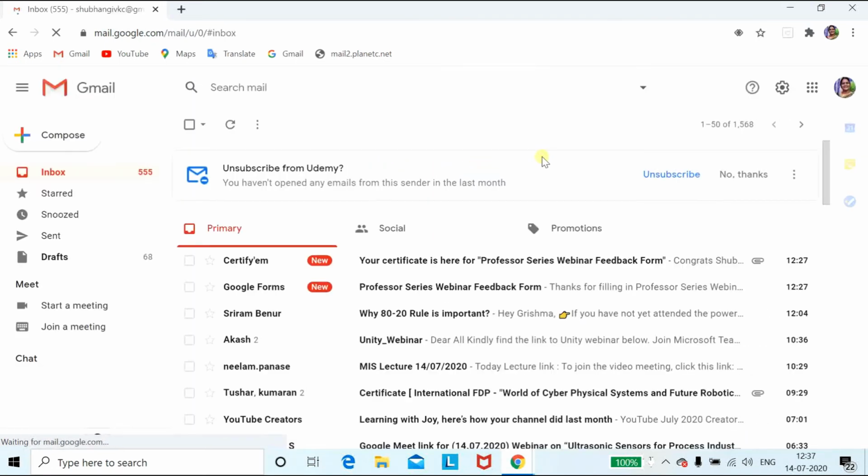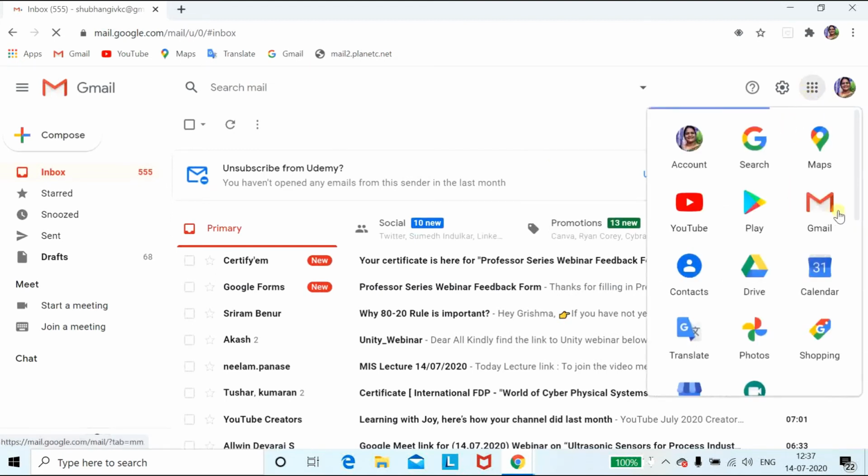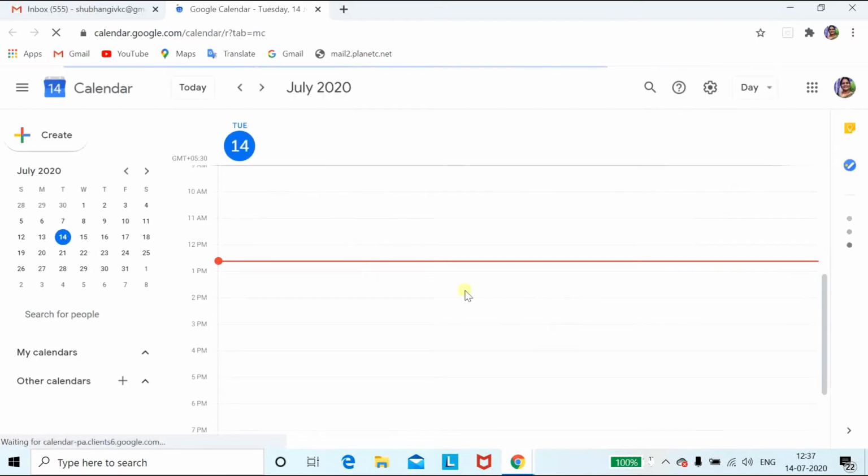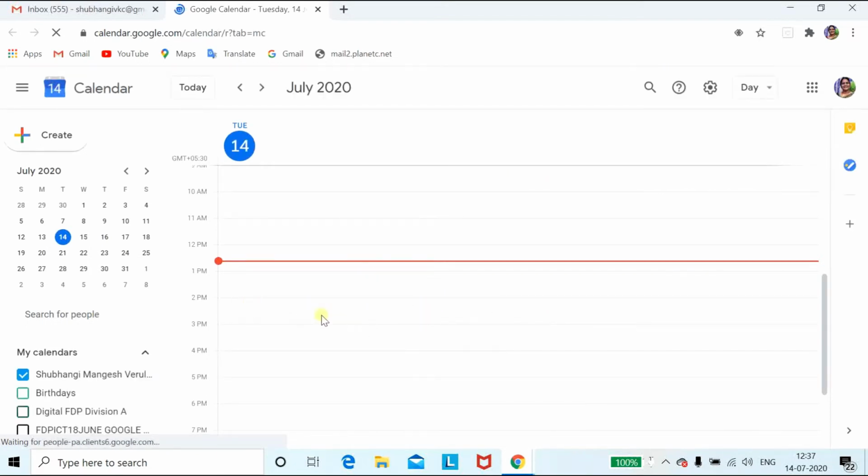Once you sign in with your Gmail, here you will get your Google Calendar. Whatever meetings are scheduled previously, you can join that meeting.